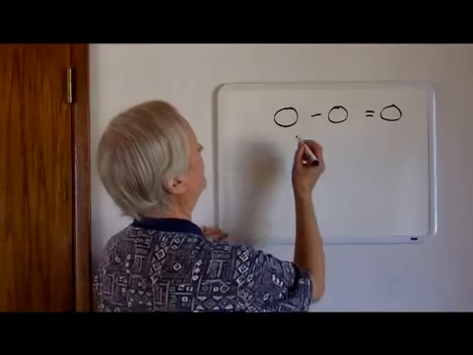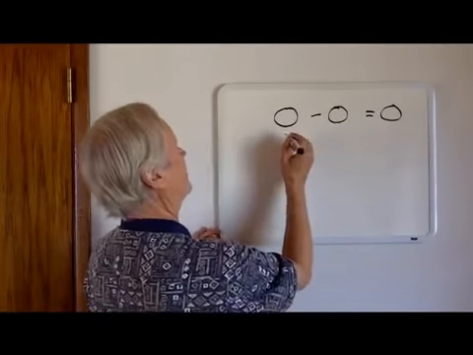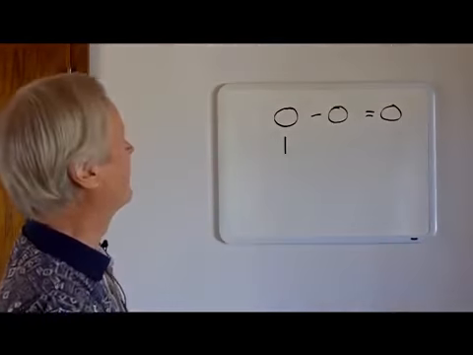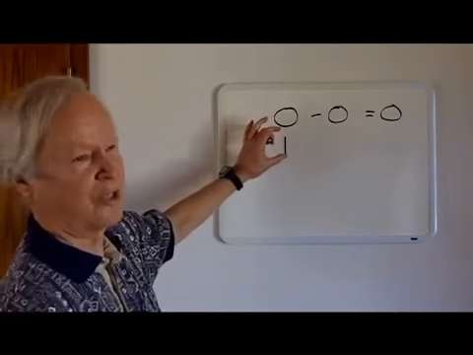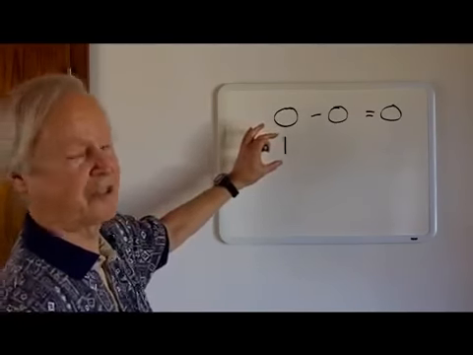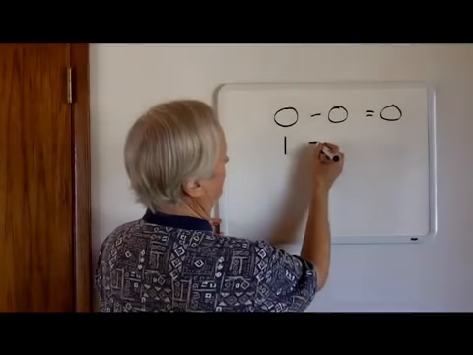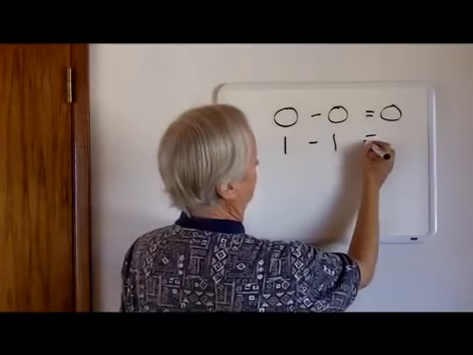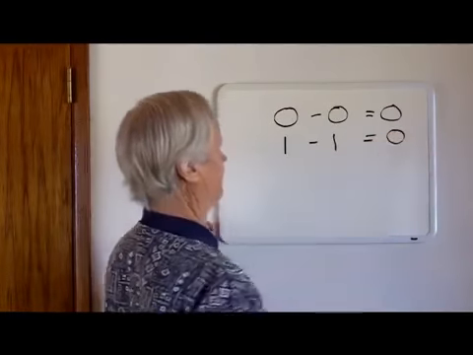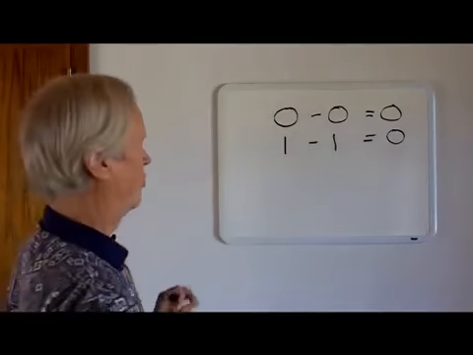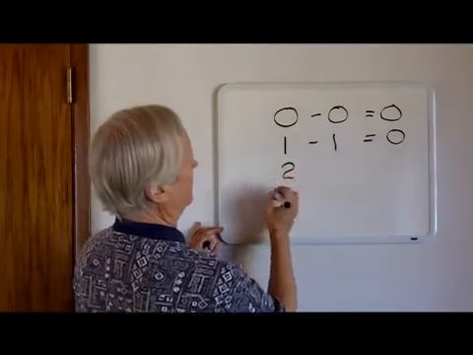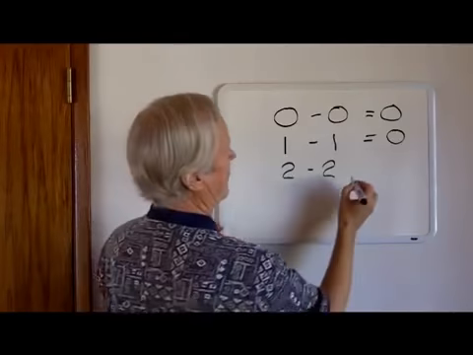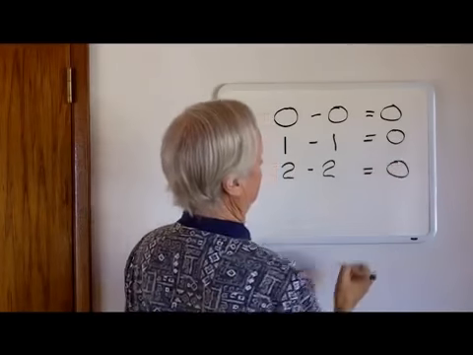And let's say that we have a virtual particle event or a Heisenberg event. It creates a very small amount of mass energy or positive energy. And I'll call this amount of energy 1, where 1 is a symbol for a very tiny amount of energy. At the same time, we create a corresponding amount of negative gravitational energy. So the total energy of the universe still sums to 0. Now, if this can happen once, it can happen again. So time later, let's say that we have 2 units of positive energy minus 2 units of gravitational energy equals 0 total energy of the universe.